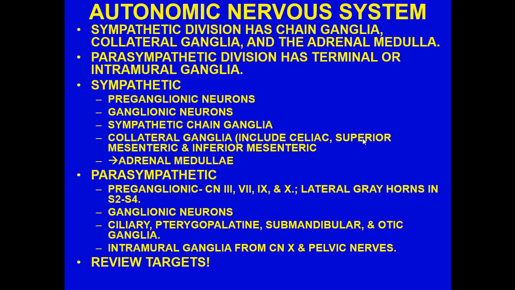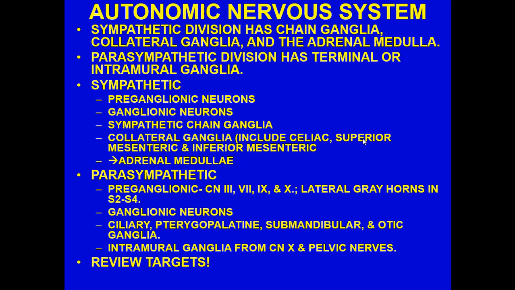The sympathetic division has chain ganglia, collateral ganglia, and then also the adrenal medulla. Now, the parasympathetic division has terminal, or what is referred to as intramural ganglia. When I talk about sympathetic, you will have preganglionic neurons. They will meet, and then you will have ganglionic neurons, and then sympathetic chain ganglia. Collateral ganglia, which include the celiac, the superior mesenteric, and the inferior mesenteric. And then a unique situation occurs with the adrenal medulla, which I'll explain a little bit more in detail in